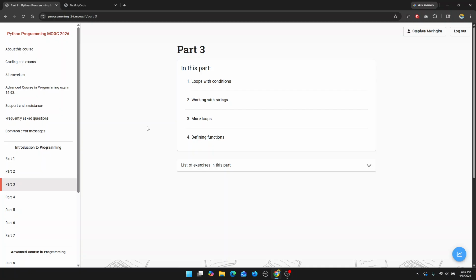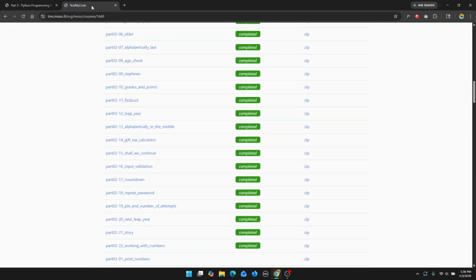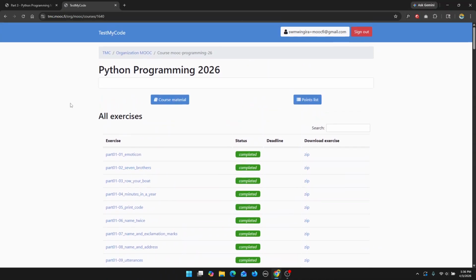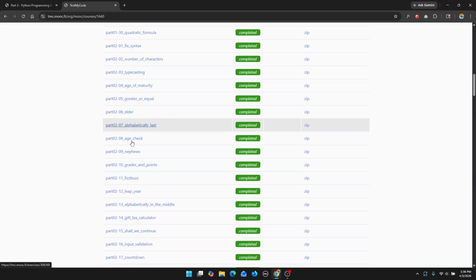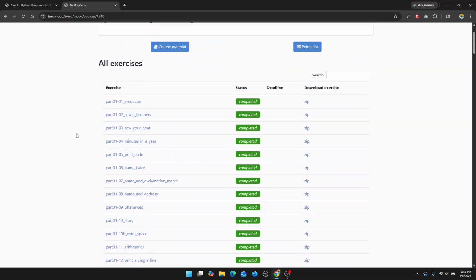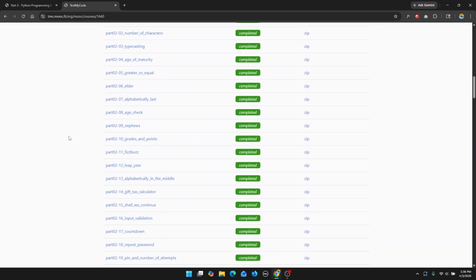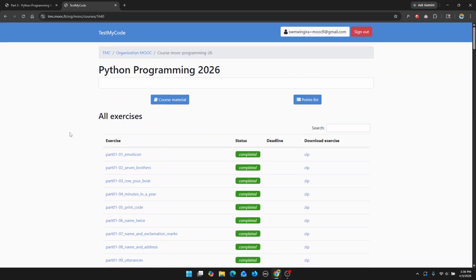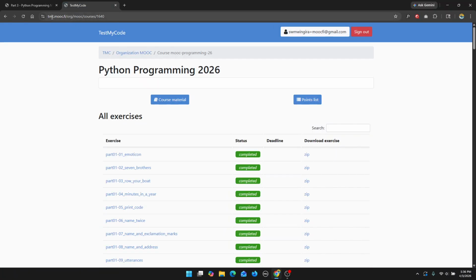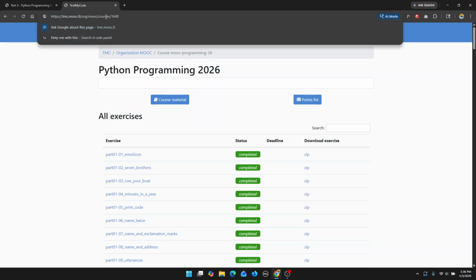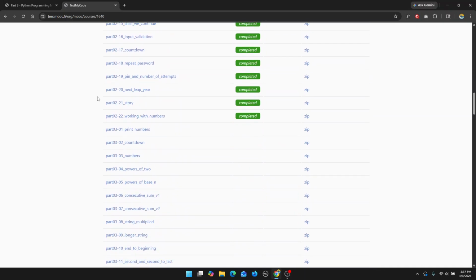And when I'm submitting those exercises, and I come back later to check on TMC how many exercises we've completed so far, sometimes I'll see that part 2 sections will be missing or part 1 sections are missing, and that's because I was accidentally accessing the wrong link. So if you want to make sure that you've been submitting your exercises to the right course year link, you can try on TMC. Go to tmc.fi/org/MOOC/courses, and the course number is 1640, and just scroll down and see that you've submitted all the exercises